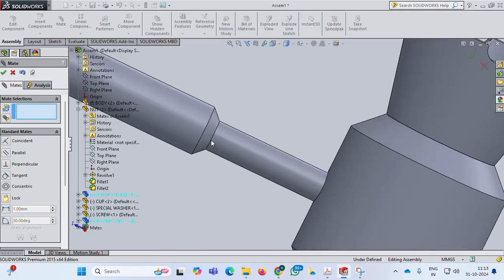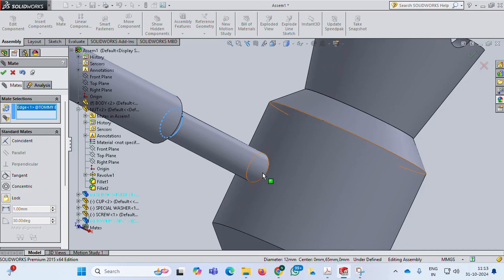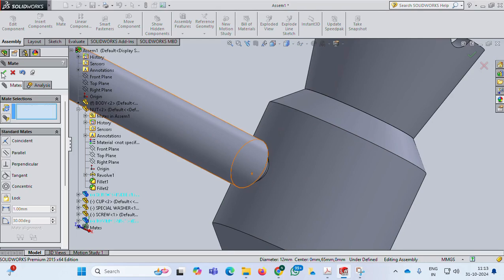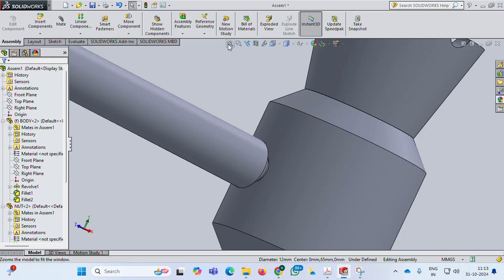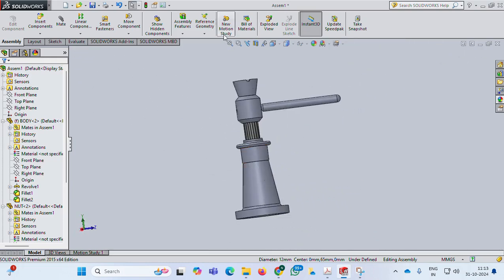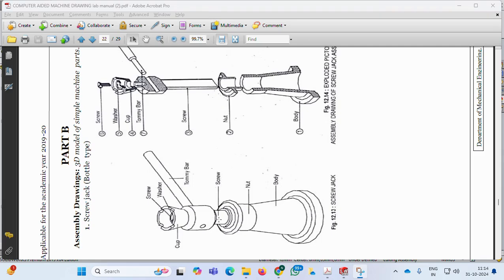Next, you zoom this, so you select the edge point. Yes, this with this. So here this